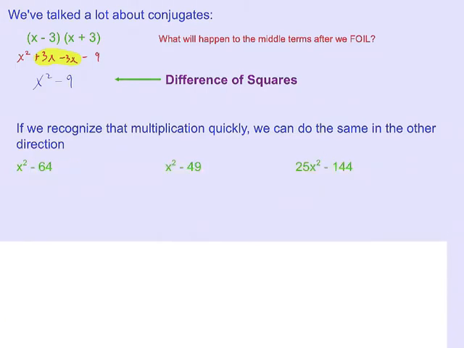So if I see x squared minus 64, if I notice, hey, that's a difference of two squares, its factors must be conjugates. Because if the product of two conjugates is a difference of two squares, then the factors of a difference of two squares must be conjugates. So we know what's going to happen in the middle